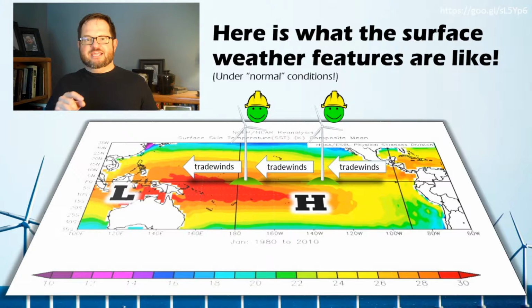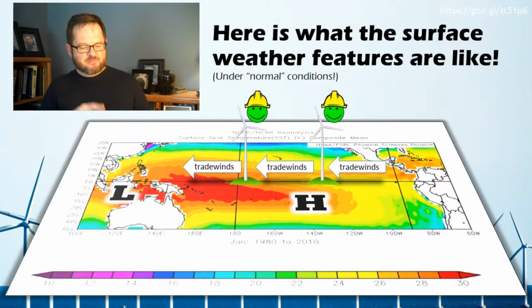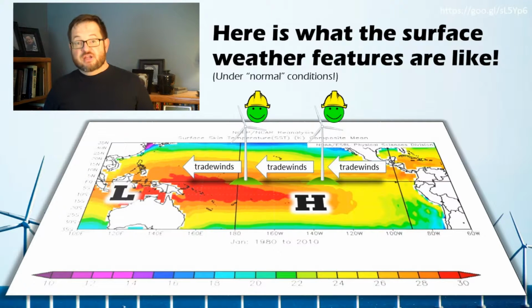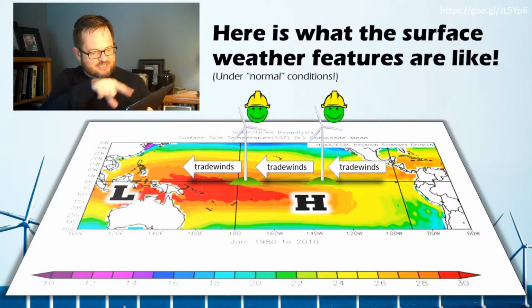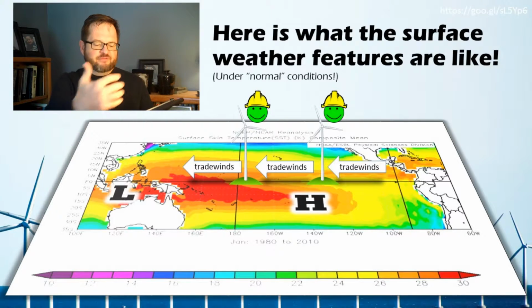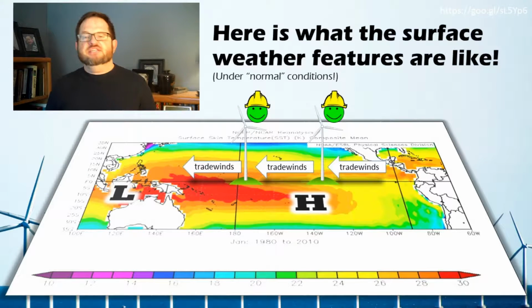In fact, if you were the happy little wind power engineer setting up wind power farms on little tropical islands along the equator, the way I drew it, you'd be a happy wind power engineer under normal conditions that are neither El Nino nor La Nina. I wish I could make that windmill animated there, but the trade winds are lovely for generating wind power. They're very persistent, fairly strong, and they last for a very long time. Those winds are blowing along the equator, all the way from South America towards Indonesia and Australia